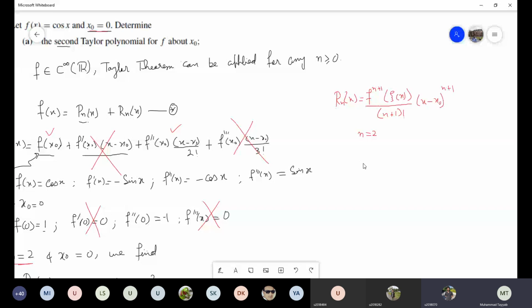So this will become f3, the third derivative. You can say f3 or f triple prime. I will use the notation f triple prime. R2 of x will be equal to the f triple prime of xi of x, divided by 2 plus 1,